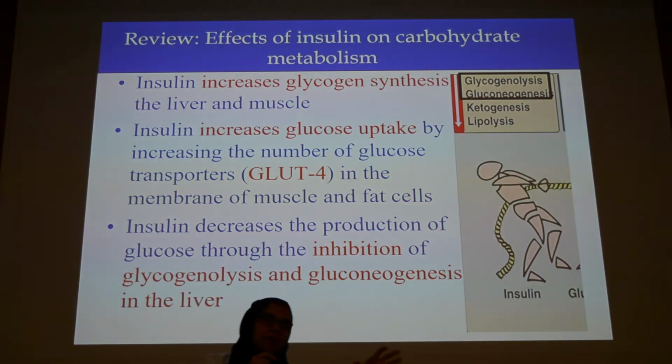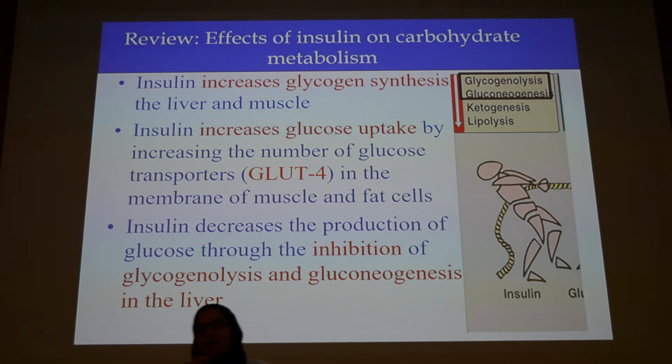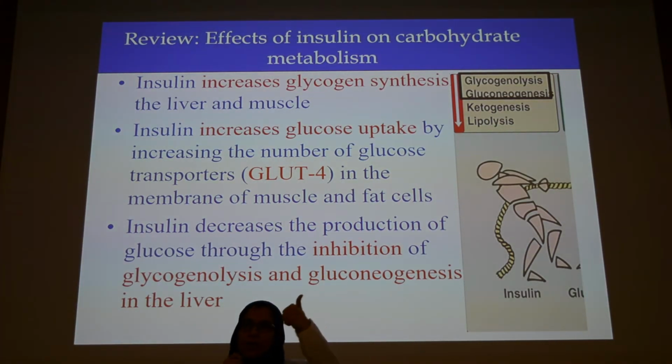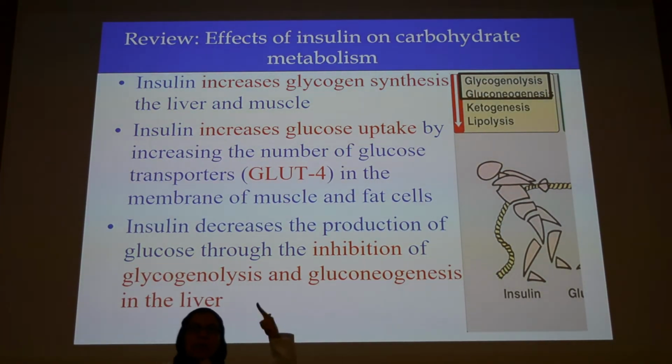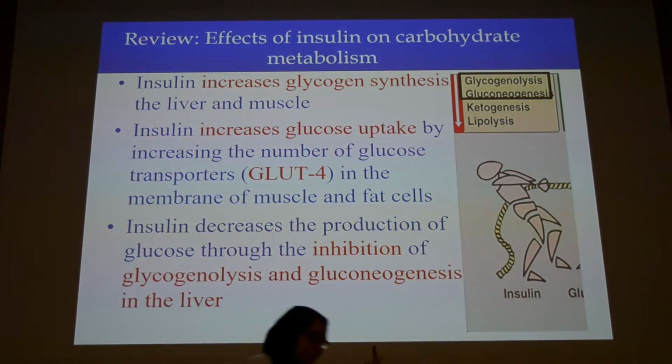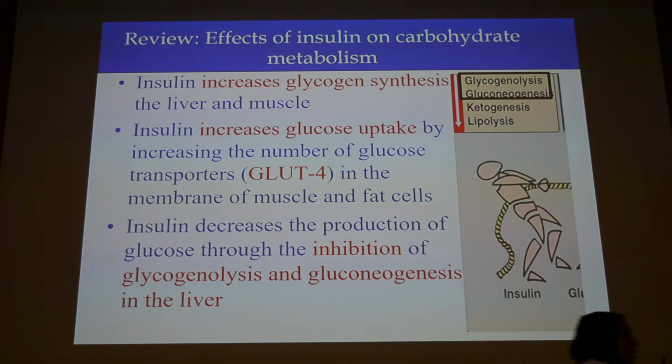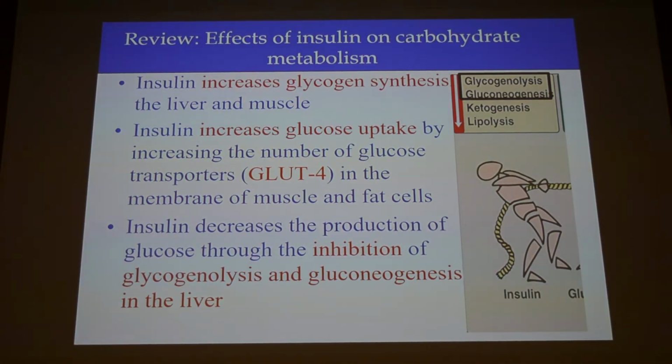So if we don't have insulin, we will not have enough GLUT4, therefore the glucose will not enter these cells. Okay? So insulin will activate glycogen synthesis, increase the uptake of glucose by the cells, inhibit glycogen degradation, and inhibit